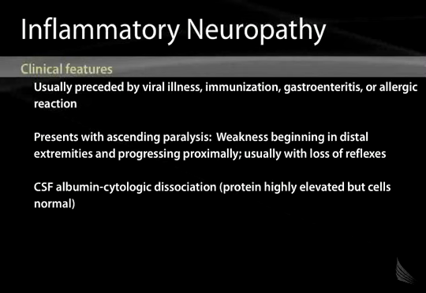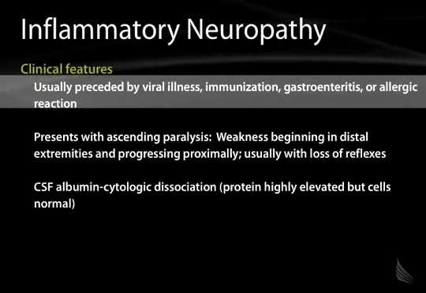Interestingly, Guillain-Barré usually is preceded by a viral illness, either an upper respiratory tract infection or a lower viral gastroenteritis, or an immunization. It is thought that there is a process of molecular mimicry where some kind of foreign antigen activates the immune system and stimulates it to attack the myelin. There is something about the foreign antigen that mimics part of myelin and therefore activates the immune system to attack it.